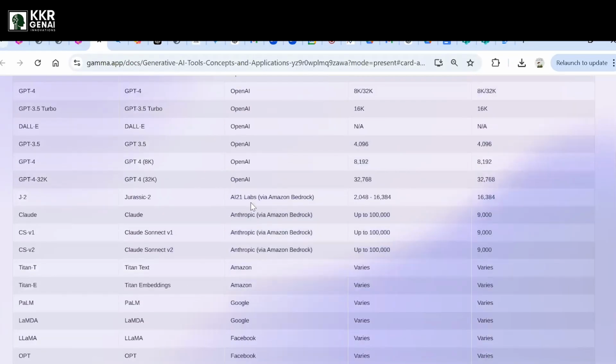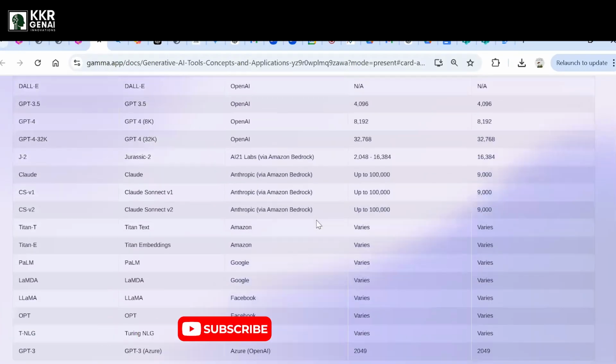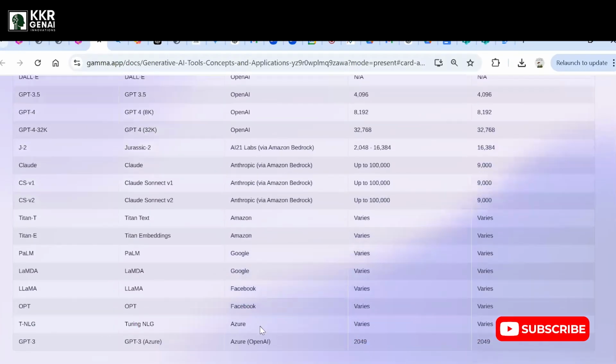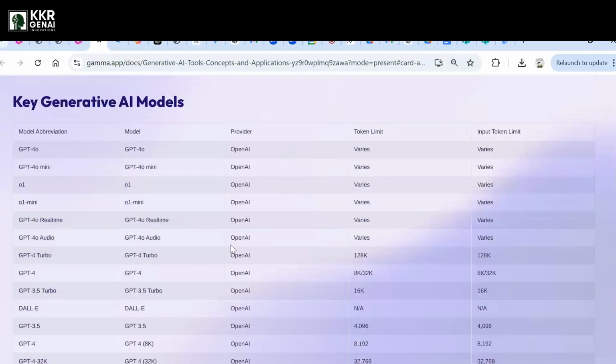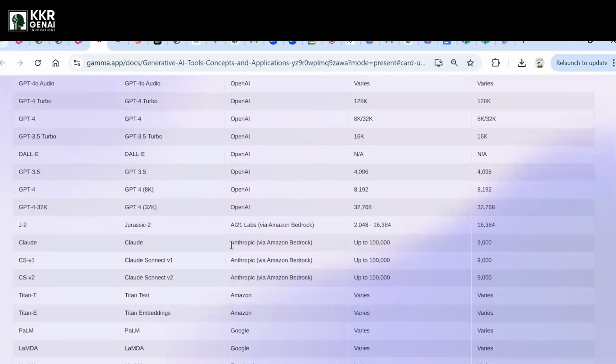And here you can see the Anthropic models, like Claude Sonnet v1, Sonnet v2, and Opus. These models are provided by the Amazon Bedrock services in Amazon Web Services. Inside Amazon, you will have the Bedrock services. Google, Facebook, and Microsoft Azure have their own ChatGPT-like models as well. This is an interesting thing we need to know while utilizing these generative AI models, like LLM models, in our use case.